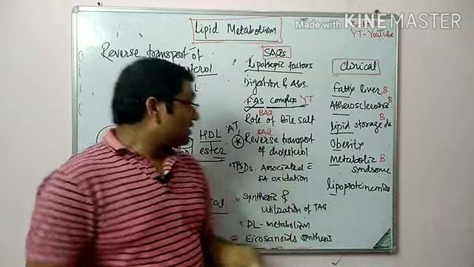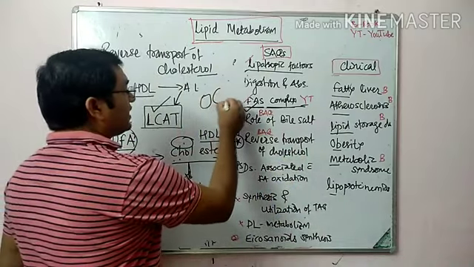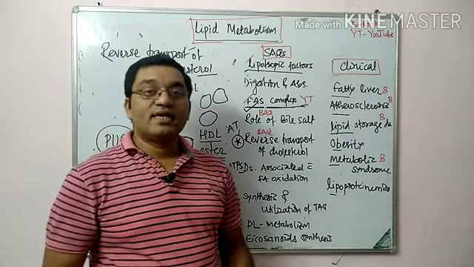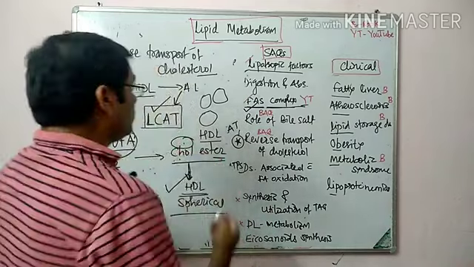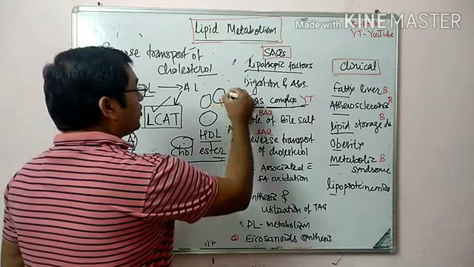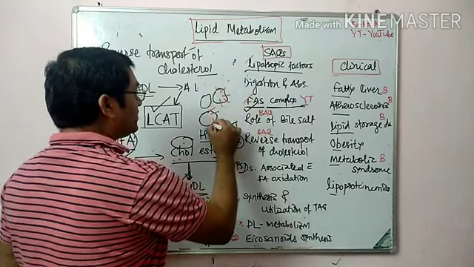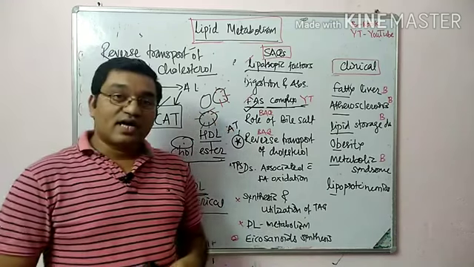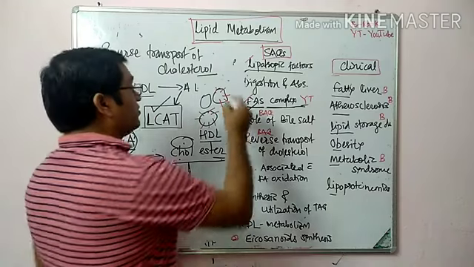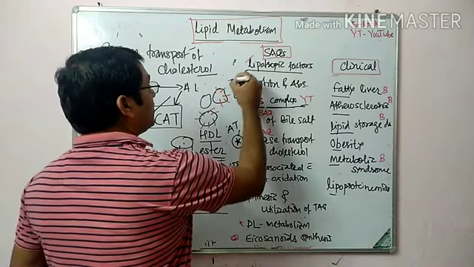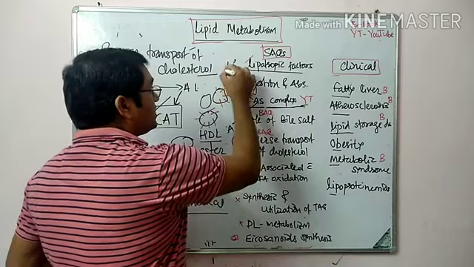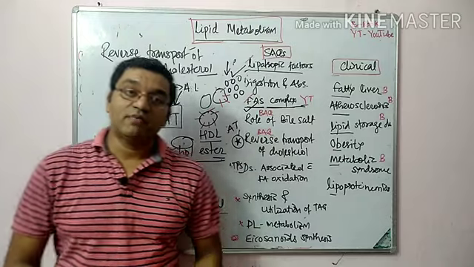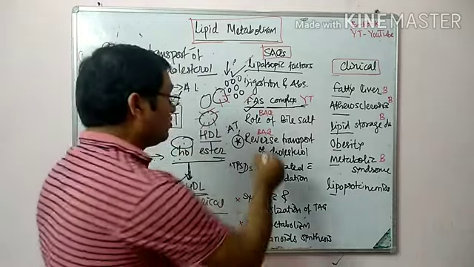Then, the role of bile salt in digestion and micelle formation. In digestion, these are the lipid droplets, larger lipid aggregates. Bile salt is amphipathic in nature. The hydrophobic portion of bile salt intercalates into the large lipid aggregates and converts these large lipid molecules into smaller ones. Their surface tension decreases and their surface area increases, so more surface area will be available for the action of lipase. This is the action of bile salt.